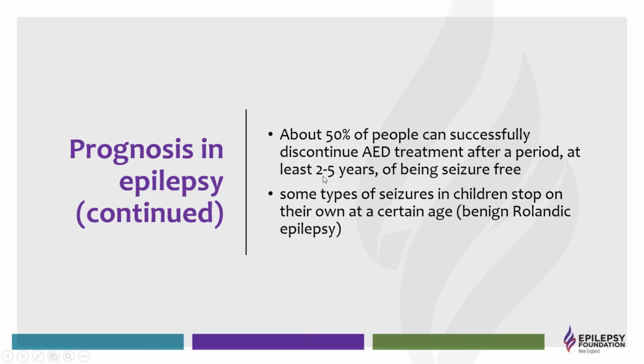And the range is 2 to 5 years because, again, it depends on age of onset, type of seizure, underlying cause if it's known, and how conservative or progressive your neurologist is. Some neurologists are like, let's try weaning you off and see what happens, and others don't. We tried it with my daughter when she was 16, weaning her off her epilepsy meds, and that's when we found out that this is going to be a lifelong condition, because the seizures did come back after a period of time.